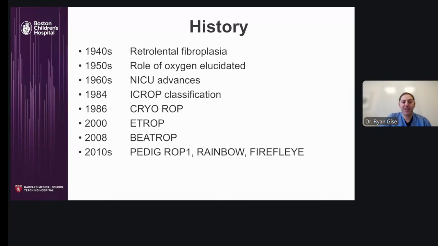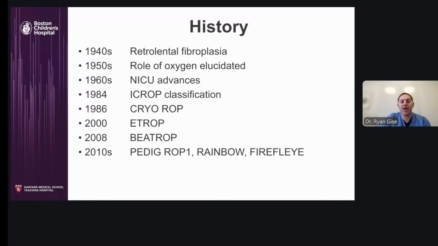And then in the 2010s, we started to have other studies looking at the treatment of ROP with anti-VEGF agents. So the ROP1 from PEDIG was looking at lower dose Avastin and its effect on VEGF levels systemically, and also its ability to treat retinopathy of prematurity. The Rainbow trial, which was looking at ranibizumab or Lucentis,